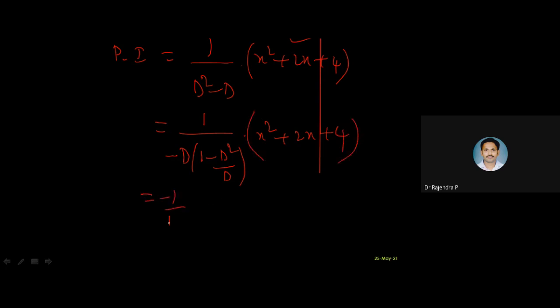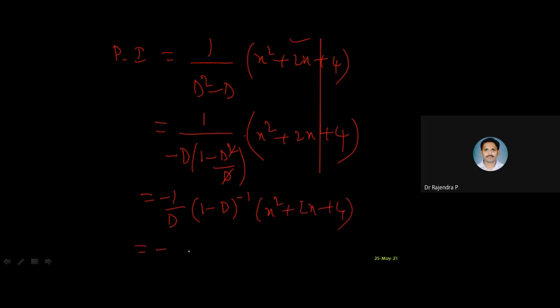So this we will keep it. Later we will see how we can handle this 1 by d. And this particular part which is there in the bracket, that we write down in the numerator. Of course, 1 by d gets cancelled. That goes to the numerator. 1 minus d goes to the numerator: (1 minus d) whole to the power of minus 1, bracket of x square plus 2x plus 4.